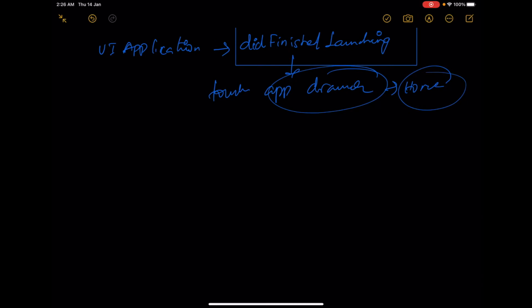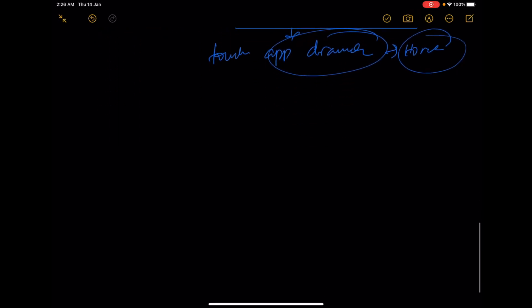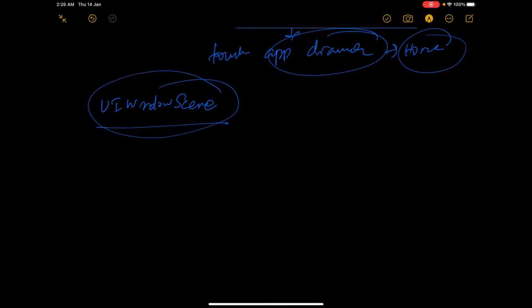Okay, I told you an application will be having a scene, right? UI window scene. So this scene will be created, like will be attached to the application when the application launches, right?